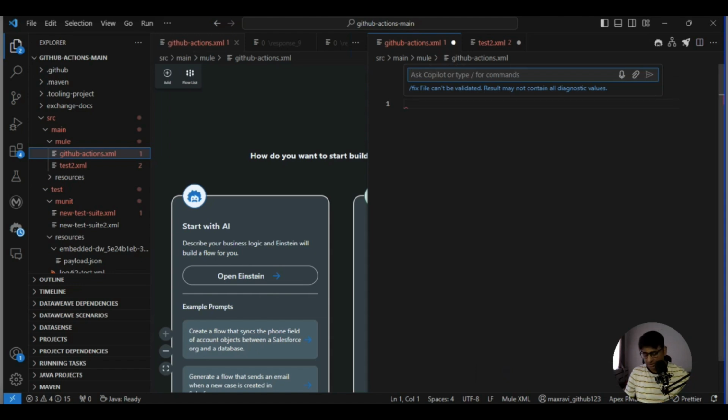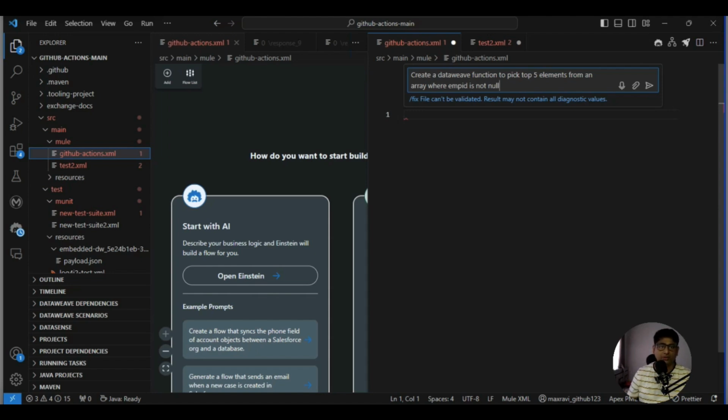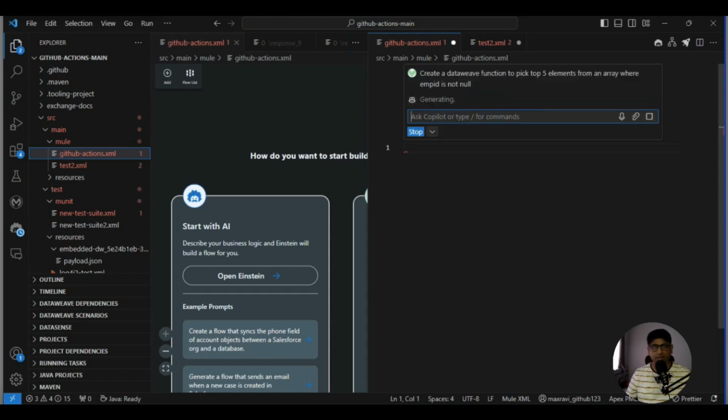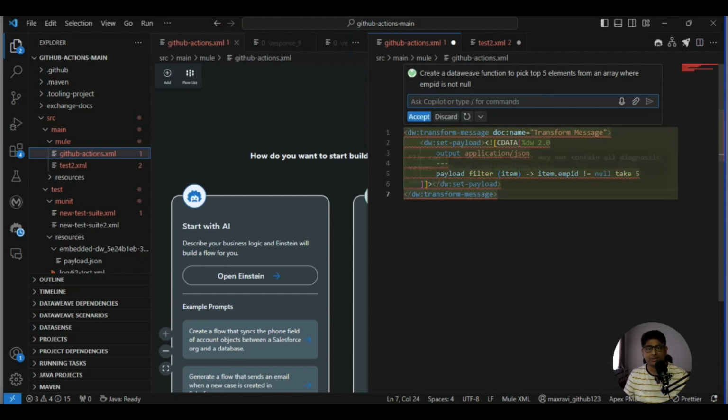Okay, so let's try to generate some different response. Let me ask some different question. For example, create a DataWeave function to pick top 5 elements from an array where employee ID is not null. So I'm asking to create a DataWeave function to pick top 5 elements from an array where employee ID is not null. Let's see if GitHub Copilot can generate this DataWeave, because DataWeave is one of the items which, you know,